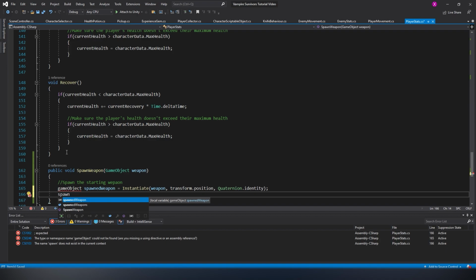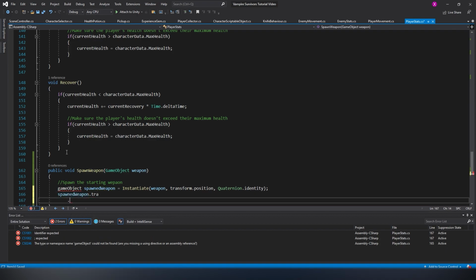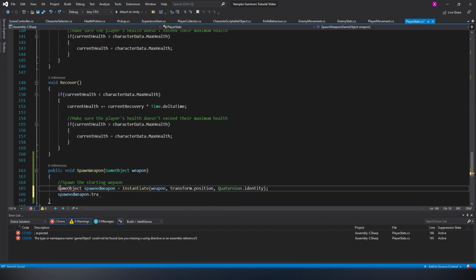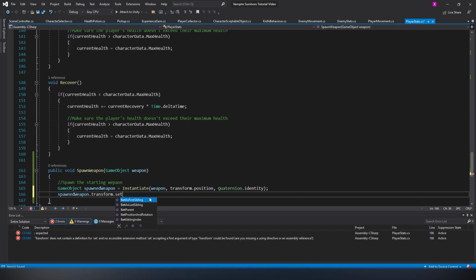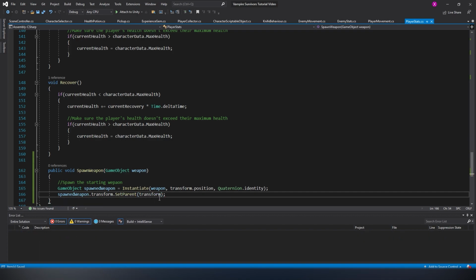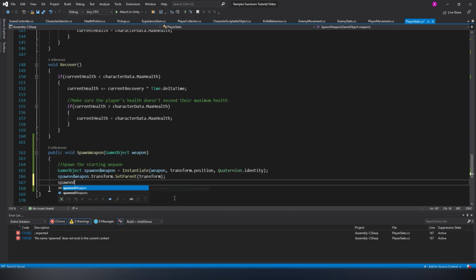Then, use the SetParent method to make the weapon a child of the player in the hierarchy. Finally, add the spawned weapon to the spawnWeapons list.